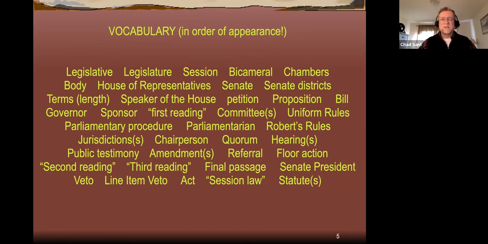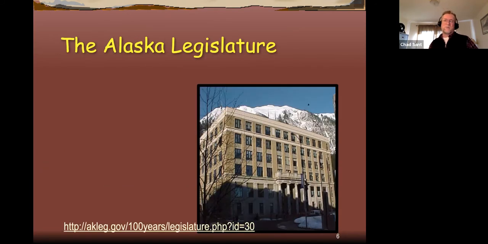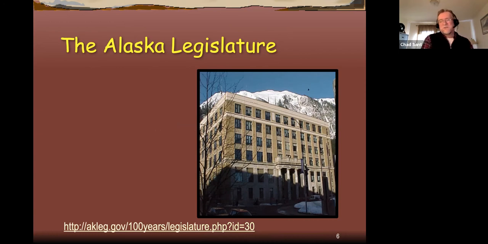And so I just wanted to put those in front of you so that you can stare at them for a moment. And if you have any questions on any of those later and you're confused, be sure to ask. All right, so the Alaska Legislature, beautiful picture of the Capitol in Juneau,